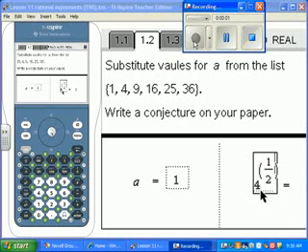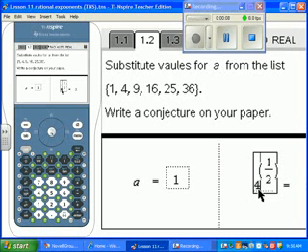So what you're doing for this page is you're taking the numbers in this list, 1, 4, 9, 16, 25, and 36, and you are changing the base for this piece here, what used to be A. You're going to see what your outcome is for each of these. Now on the sheet that you have that goes along with this, what it's asking you to do is come